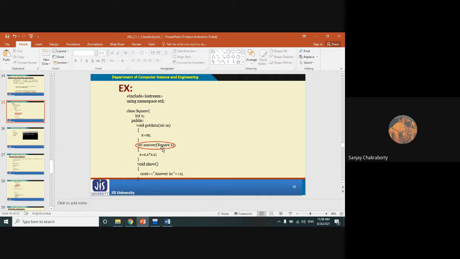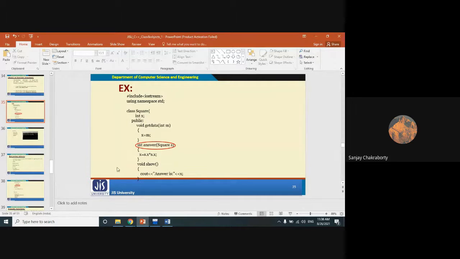Now what is the way of accessing a variable through an object? The way of accessing a particular variable through an object is always object dot variable. That all of you know, object dot member function, object dot variable. Without the dot operator, we cannot access any variable through an object.